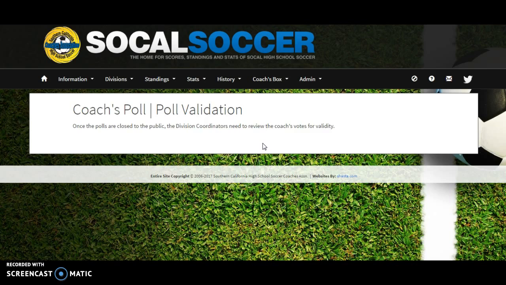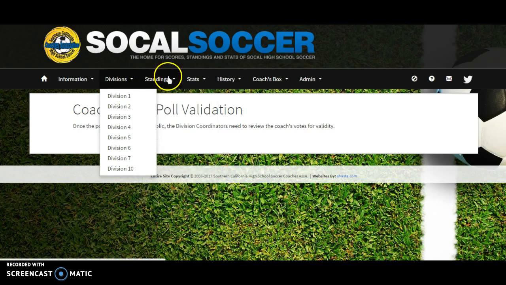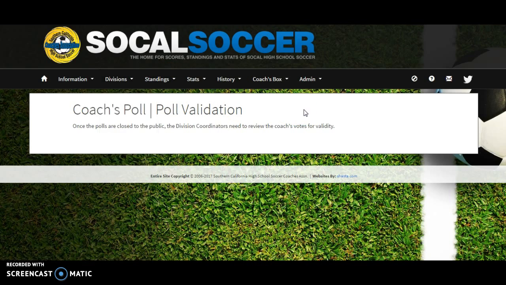And so you understand, when you go into that, you're going to set up the top 10 as you see fit based on researching MaxPreps, researching under our standings lists or division lists where it gives records, talking to other coaches, and then looking at the voting and kind of seeing where people are. One thing to remember is that coaches go in and vote, especially ones that are self-promoters, and they'll mark themselves much higher than they probably should be, if they even should be in the top 10 at all.